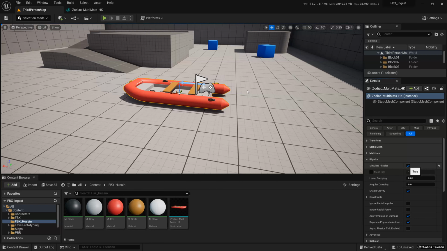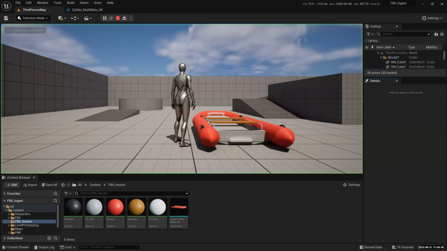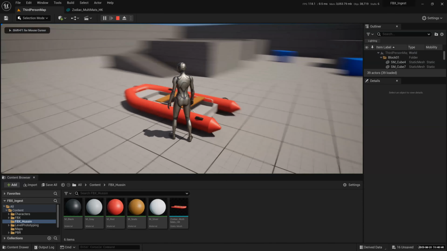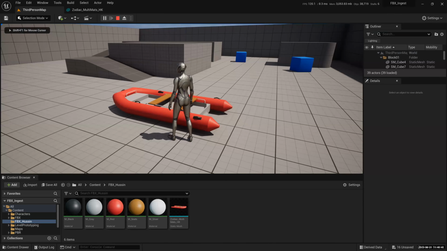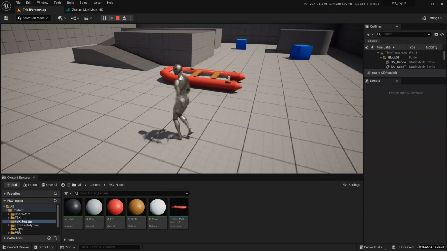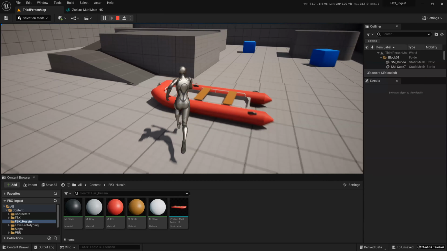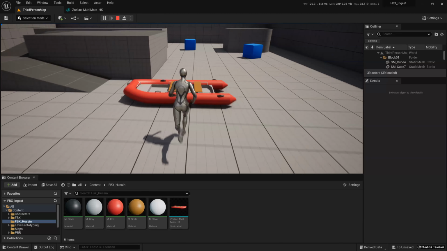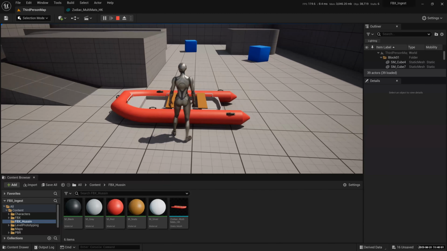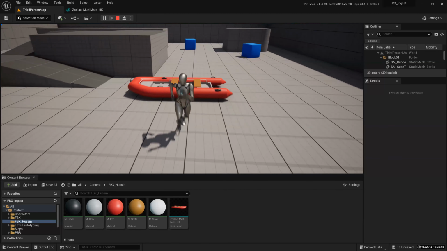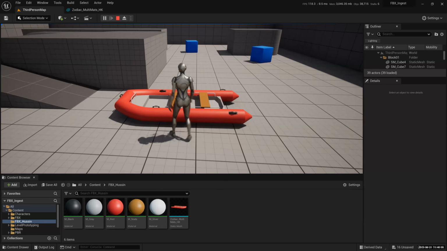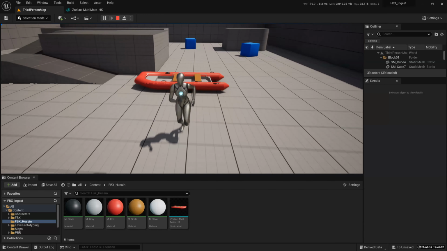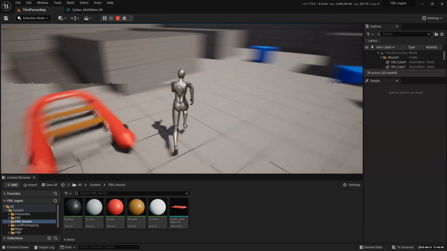Now if I play and bump into this, see, now she can move the whole thing. The faster I hit it, the further it goes. We can also set the weight of it, like maybe this thing is 100 kilograms or 1 ton or whatever. You can actually set that up. But we're going to talk about physics later, when we come back for another class. Today is just talking about collisions.